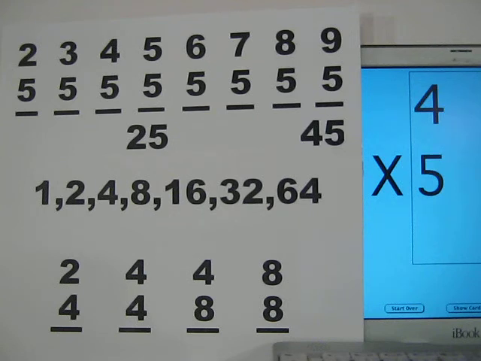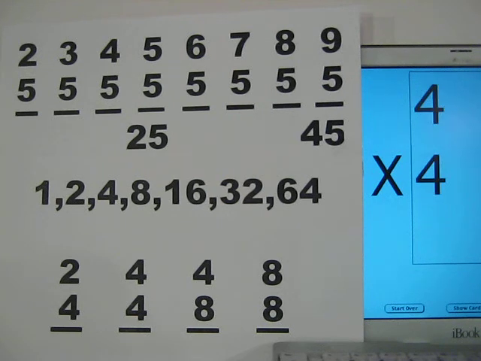4 times 5 is 20. 3 times 6 is 18. 3 times 9 is 27. 2 times 1 is 2. 1 times 9 is 9. 6 times 5 is 30. 4 times 2 is 8. 1 times 2 is 2. 8 times 2 is